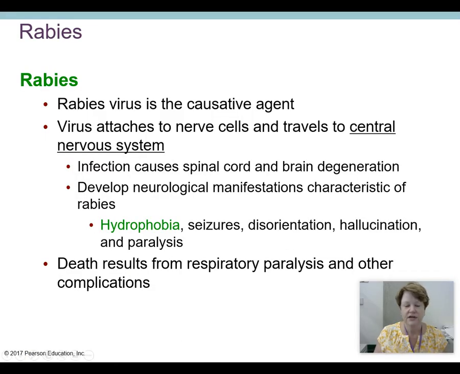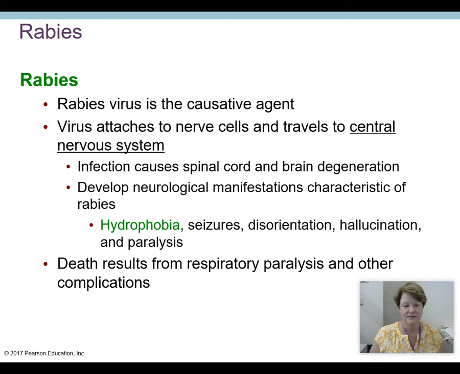Rabies. We are still talking about RNA viruses. Rabies virus causes the disease we call rabies. The virus attaches to the nerve cells and goes to the central nervous system. So we're talking about spinal cord and brain degeneration. The important thing to remember about rabies, which is not written here, but you need to know, there are no